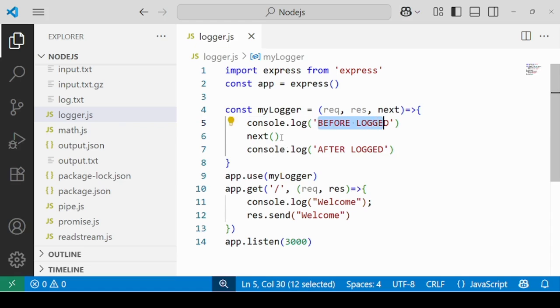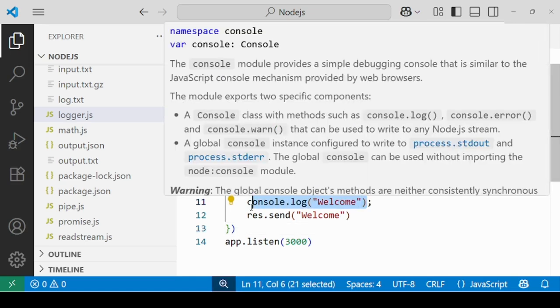Then the next function is called inside myLogger. This will pass the control to the next handler, that is this one, which is the route callback. We are talking about this console.log welcome.